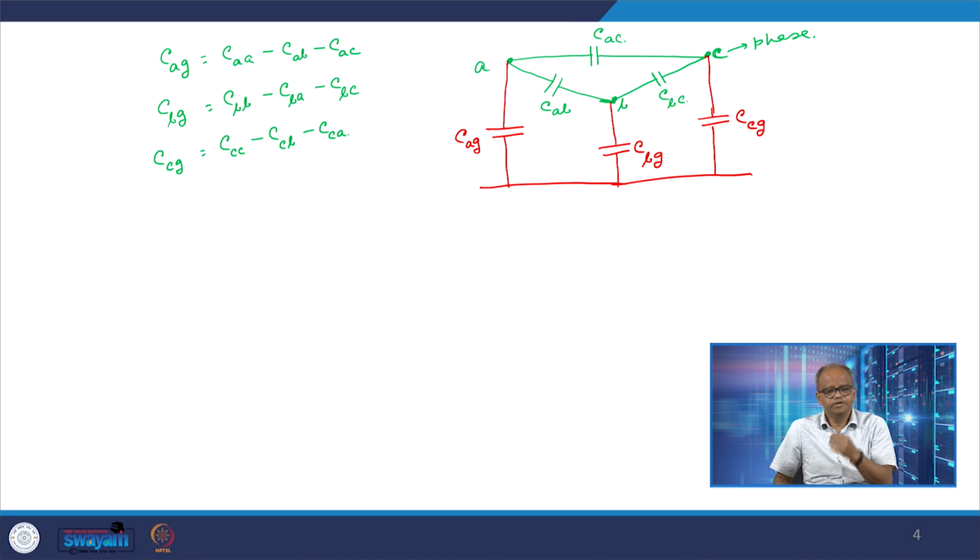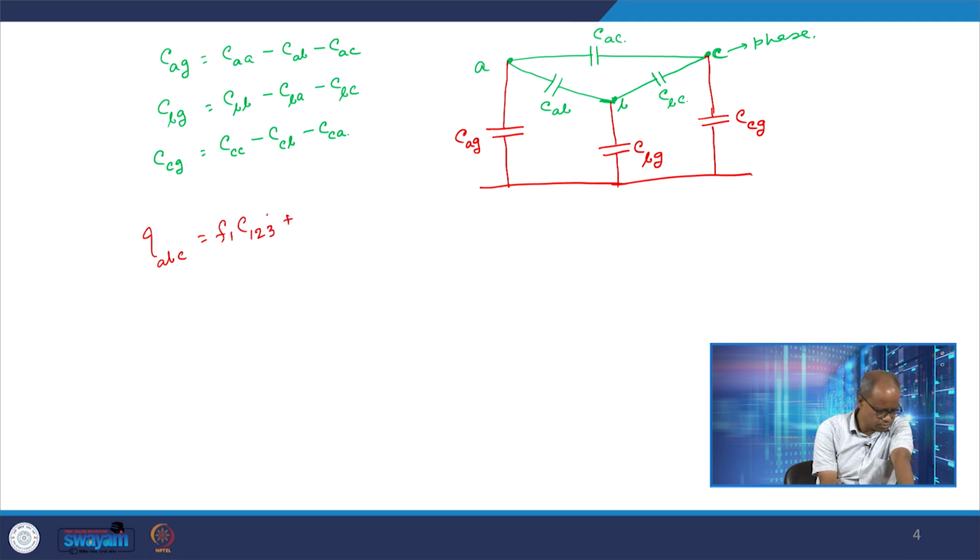Now this derivation is actually for the case when this transmission line is not transposed. Now suppose I have a transmission line which is transposed in, let us say, 3 different sections, and my sections are S1, S2 and S3 as usual. Then we can simply find that QABC would be